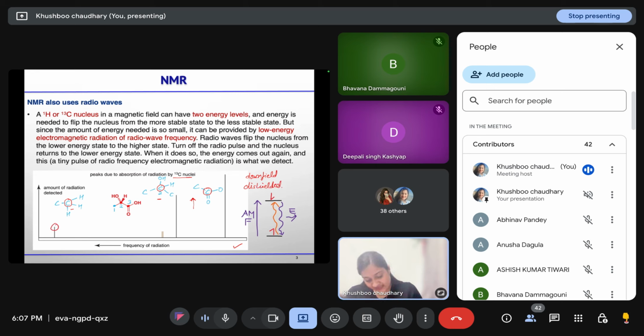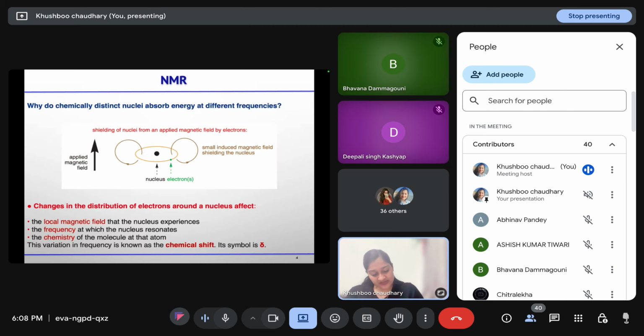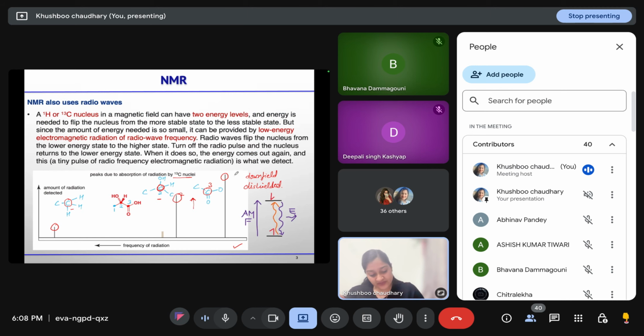So this signal is for the carbon that is attached with the more electronegative atoms. Then the second carbon that is attached with one electronegative atom will show a deshielded signal, but that signal is upfield as compared to the third carbon. So this is the signal for carbon 2. And the most shielded one is your first carbon. So this is the signal for carbon 1. Is this spectra clear?